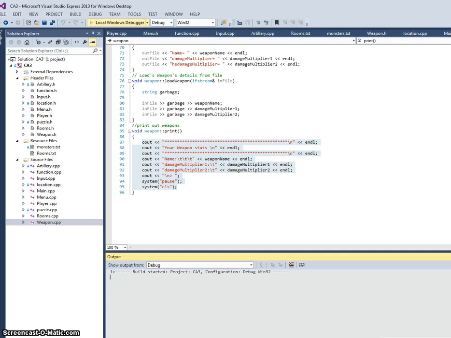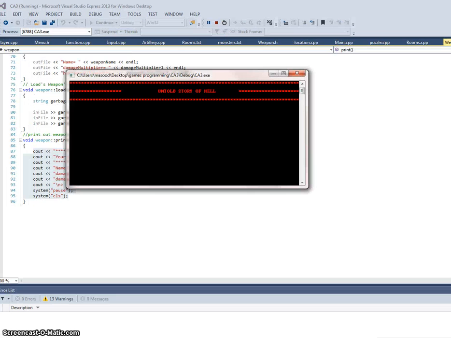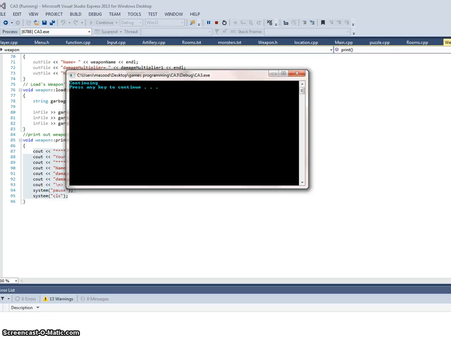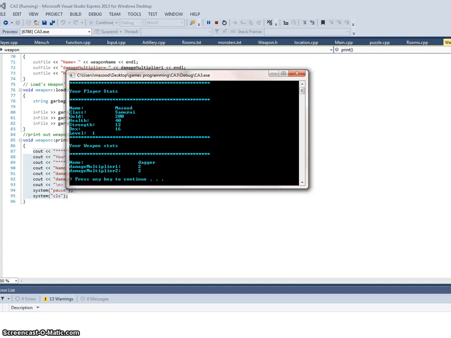And that's pretty much my game. Just continue, you can just see and just view your stat. Everything is there,